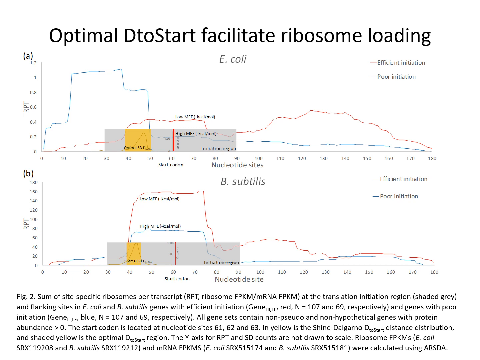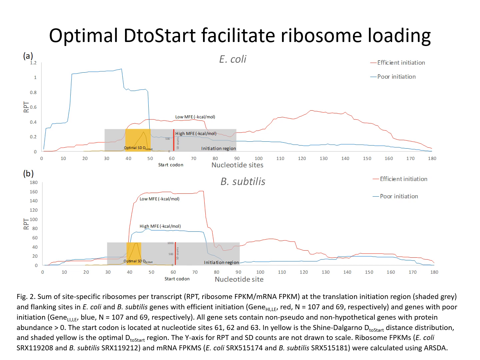Here is another graph that shows that D to start constraint is indeed important. When translation initiation is efficient, we can expect faster ribosome loading onto the mRNA. Genes with efficient translation initiation should have increased ribosome abundance at the initiation region, in comparison to genes with inefficient translation initiation. We made this comparison by mapping ribosome protected reads on all genes having an SD sequence in red and all genes that lack an SD sequence in blue, in E. coli